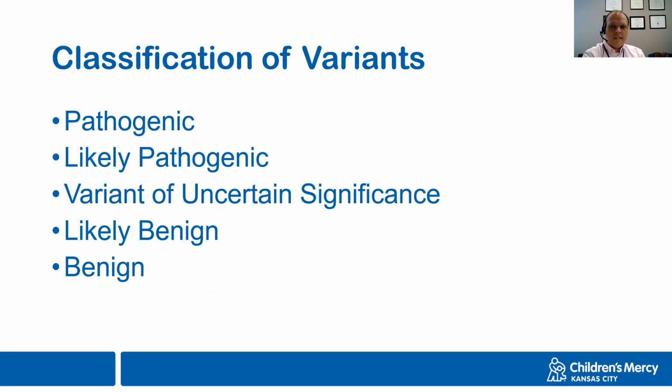When we order that testing and we get those results back, we're looking at this in terms of classification. We're really classifying this in 5 different categories, and these are pathogenic, likely pathogenic, variant of uncertain significance, likely benign, and benign. As the end user, you will generally not see the likely benign and benign variants because there's just too many of them, and they're confusing and sometimes distressing. But really what benign and likely benign variants represent is normal human variation, to the best of our knowledge.